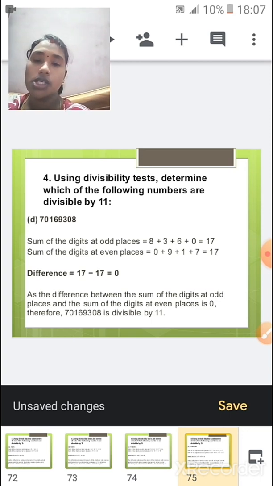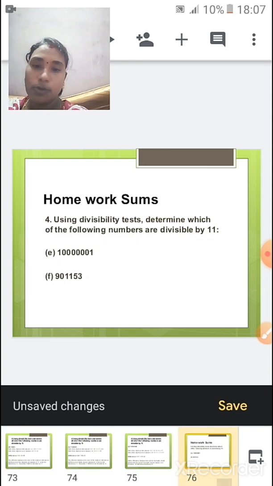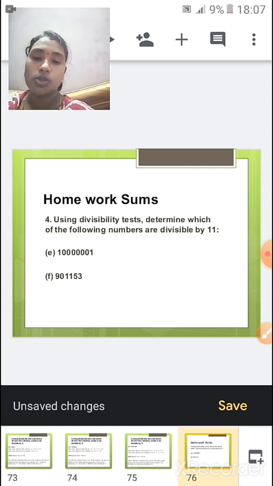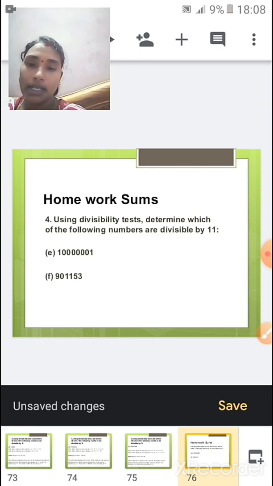Okay children, so did you understand how to find out the test of divisibility for 11? Yes? So there is another set of homework sums for you. I am just giving you 2 sums so that you will be able to do the sums along with the other sums which I gave you as homework. So I know it is very big. I am giving you more sums, but you can do it. As you have come to a higher standard, I hope you should be able to do all these sums now. Okay?